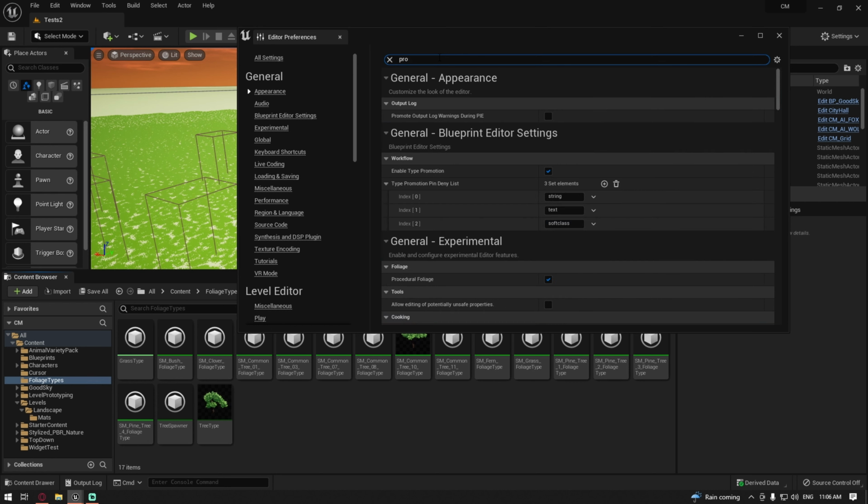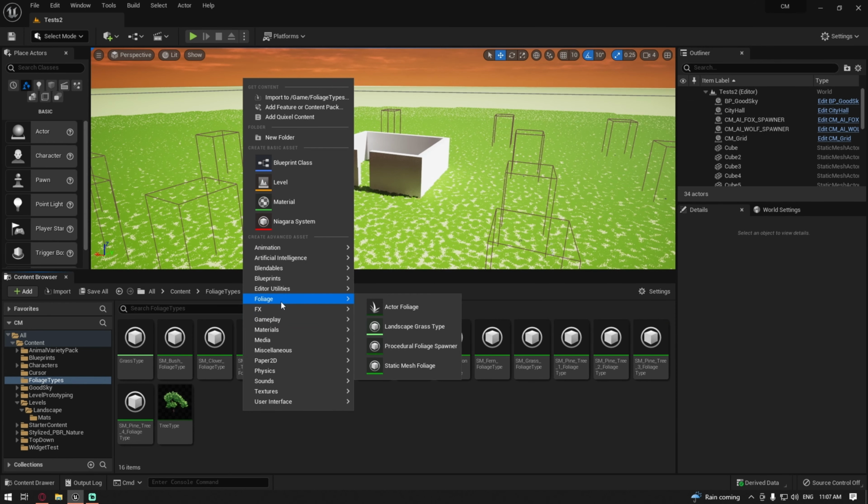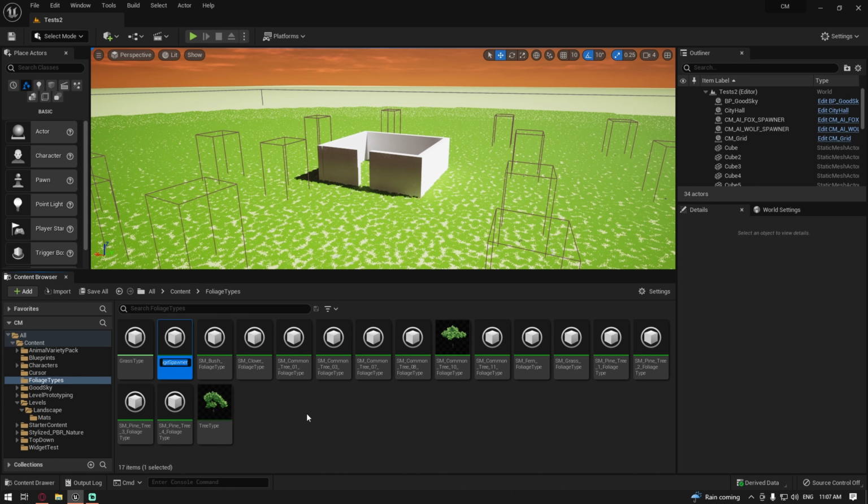If you don't have this, then you can just go to Edit, Preferences, and type here "procedural", and then you will see procedural foliage, which is in experimental. So it might have some problems, but so far it's working just fine. I'll show you what this does. If you right click and create one, and we call it tree spawner,